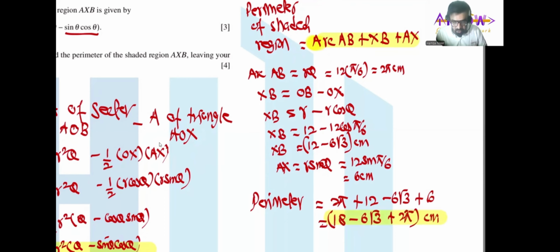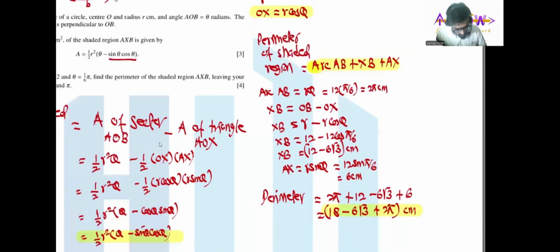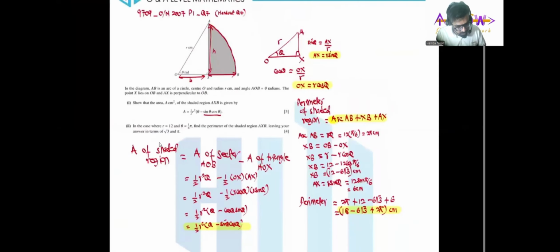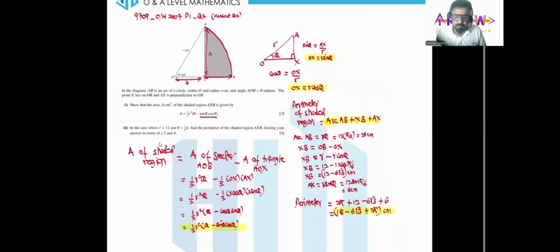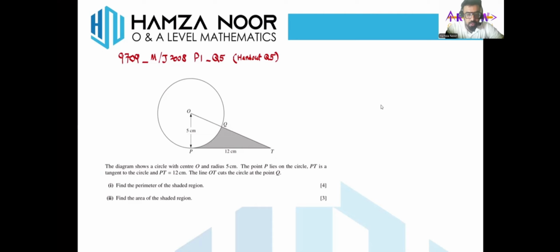So the perimeter of the shaded region is supposed to be 18 minus 6 root 3 plus 2 pi centimeter. Okay, so this was basically handout question number 4, which is October-November 2007, paper 1, question number 7. All right, so now the next question is handout question number 5, which is May-June 2008, paper 1, question number